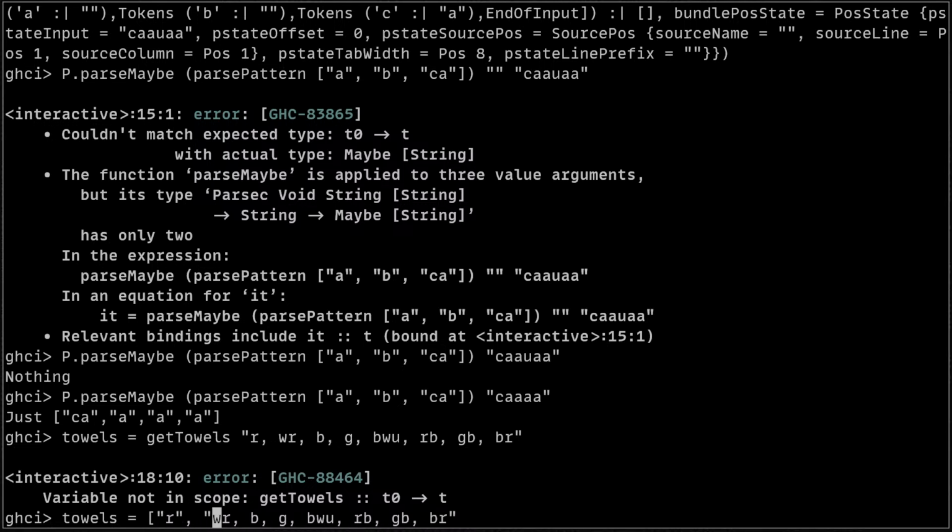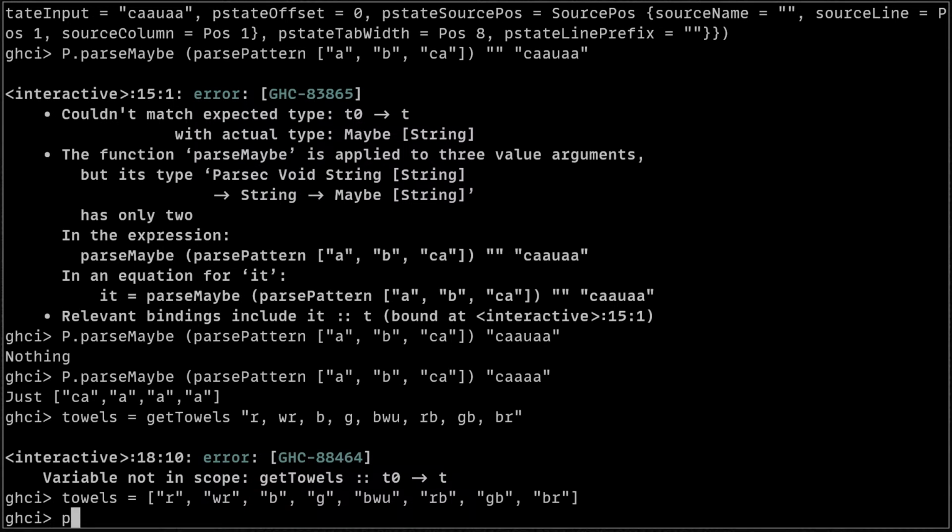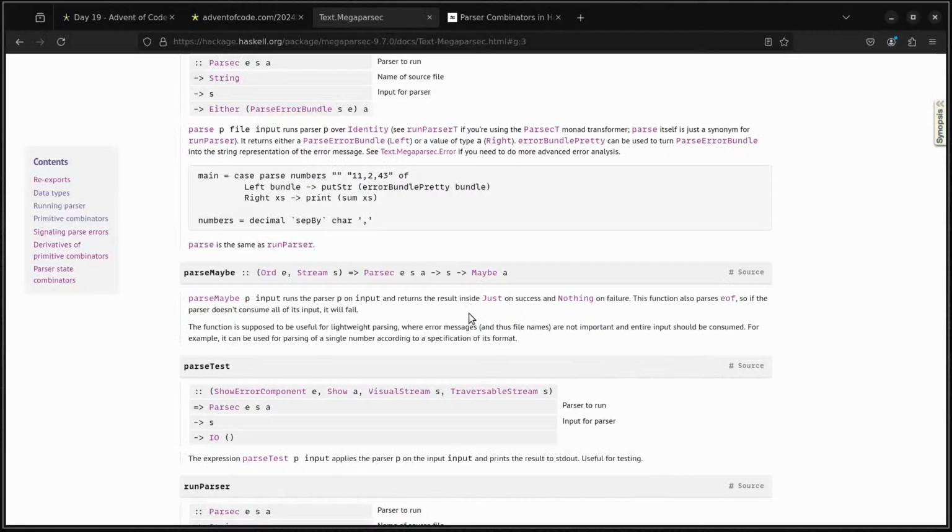It's getting to the point now where I just want something to work. And then we say parse pattern towels, and then the input string that worked according to the puzzle example is